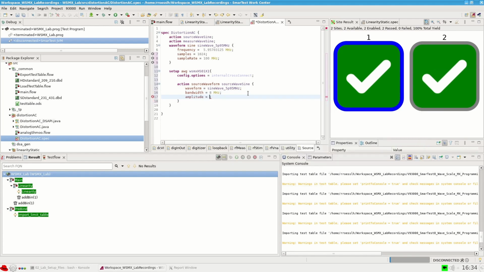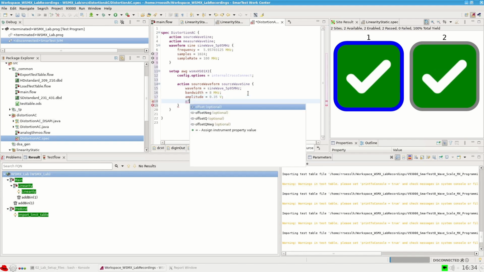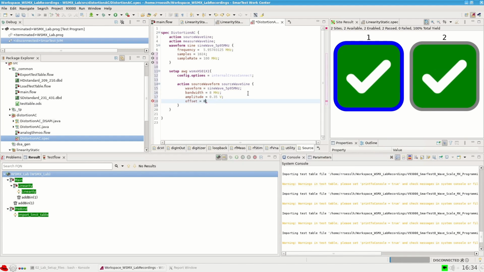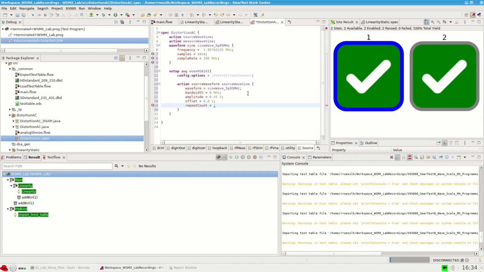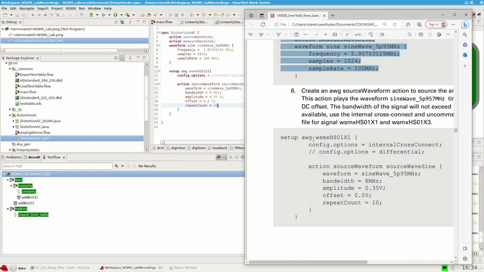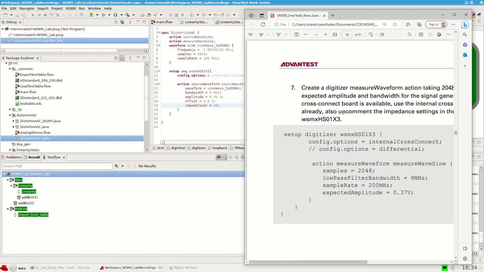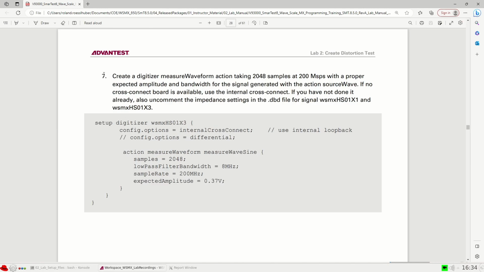Amplitude is 0.35 volts. Offset is 0 volts. And the repeat count, how often we want to repeat this waveform, is 10 times. Okay, so that is the setup of our AWG. Basically what I did is just key in this part here, but using the content assist, and by that you can be very fast. Next one is step number 7, create a digitizer measure waveform action taking